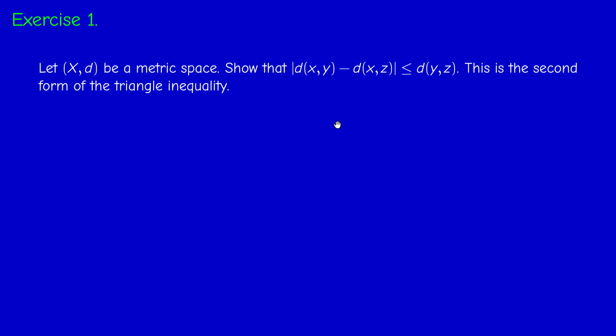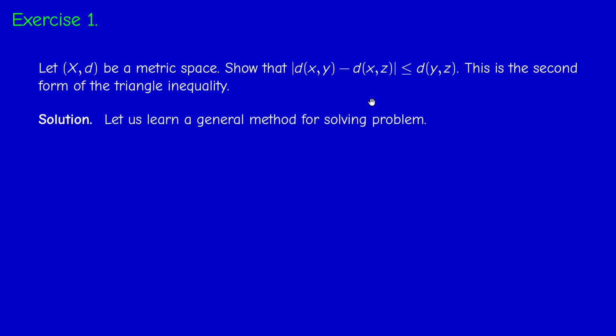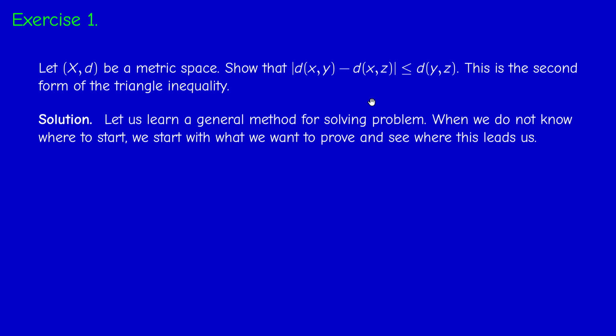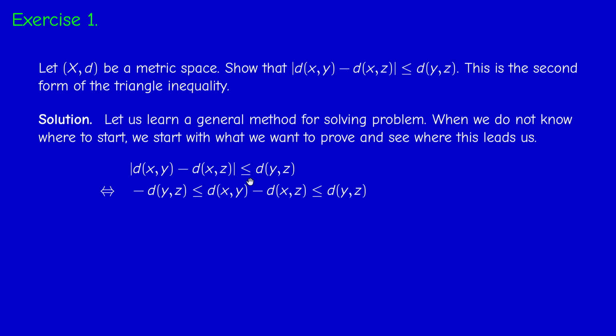Okay, so if you don't know where to start, one way is to start with what we want to prove and see where this leads us to. So let us rewrite what we want to prove. This is very useful in problem solving. So this inequality is actually a double inequality, because if the absolute value of a number